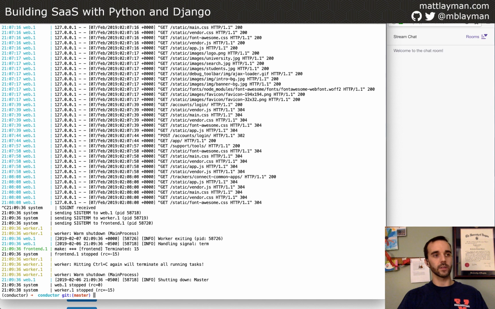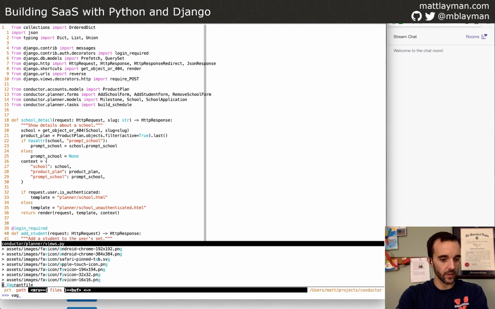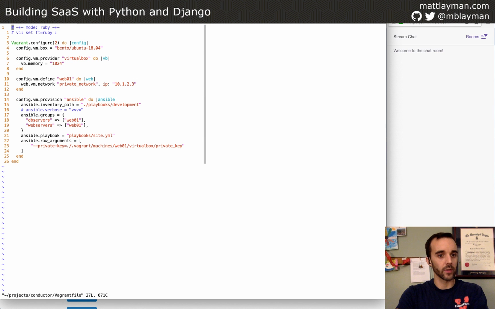So Vagrant is a virtualization tool, and the way you use Vagrant is to create a Vagrantfile. And why don't we take a look at it while we're chatting about it. It's a configuration file that specifies what operating system you want to use, what virtualization technology you want to use. In this case, I'm using VirtualBox, and then some configuration of how you want to start your